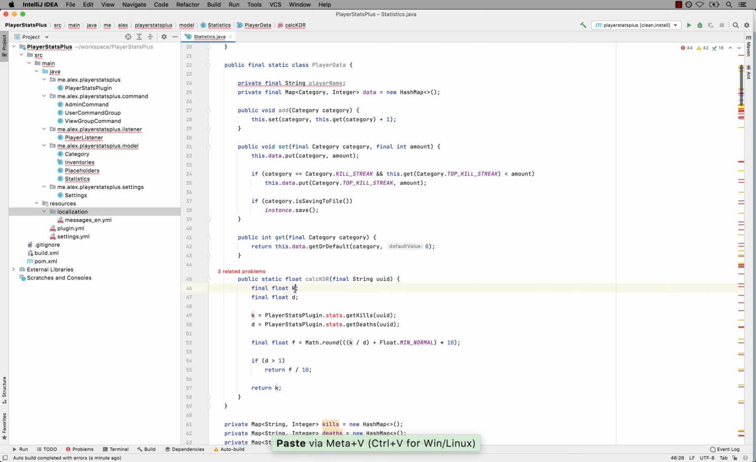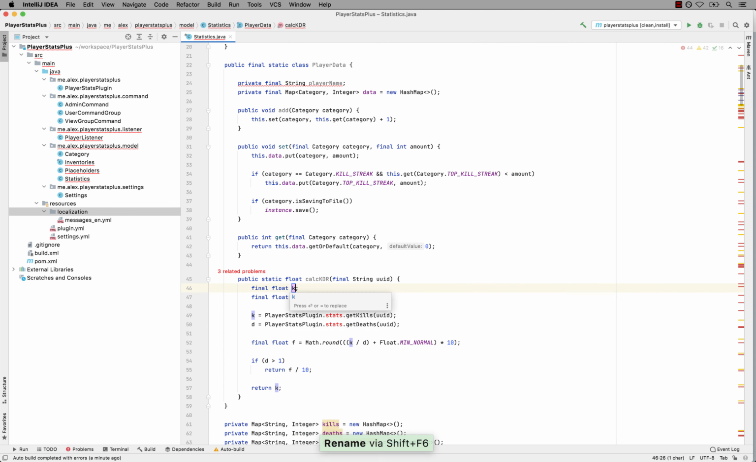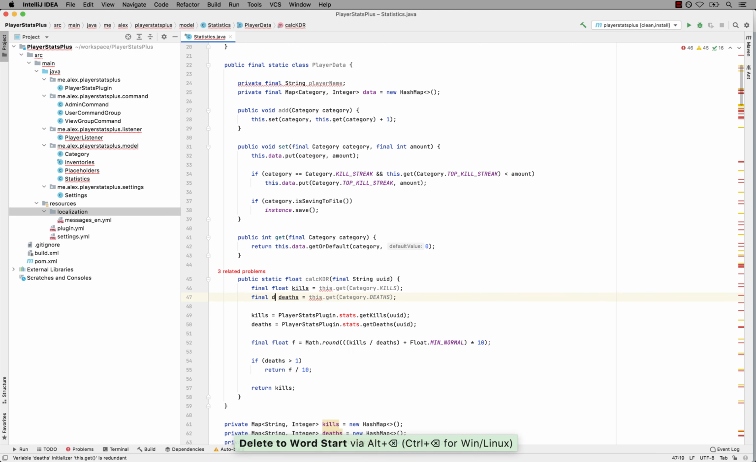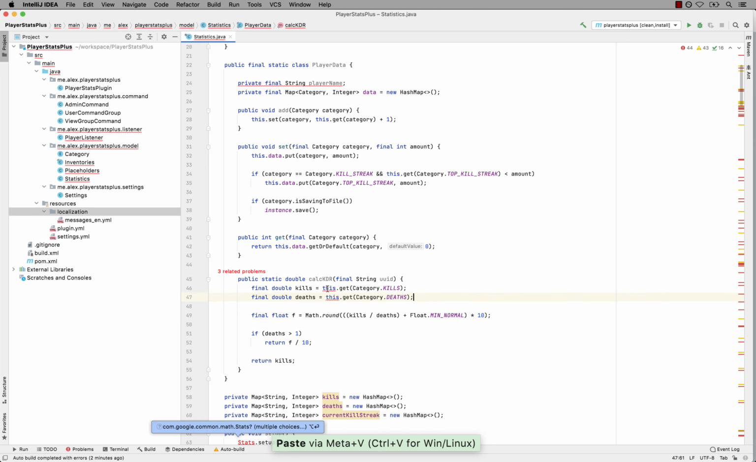And then the kills here. So again, one letter is not a good way to name your variables. Kills, and then deaths. There we go. And we can get kills, and then we can get deaths. And then I don't like using double floats. I like to use double. This has better precision, and in this context it is pretty much irrelevant. Just go with double. It is